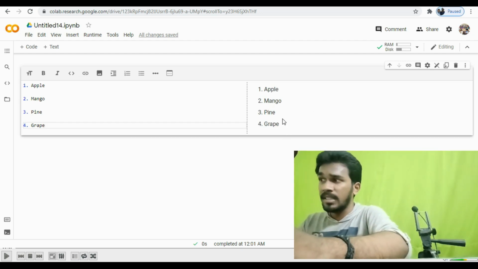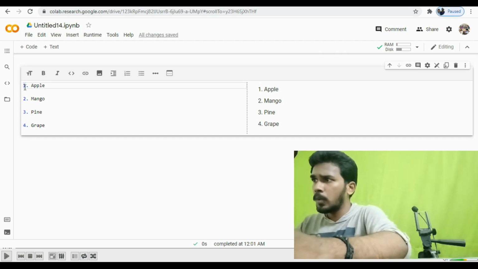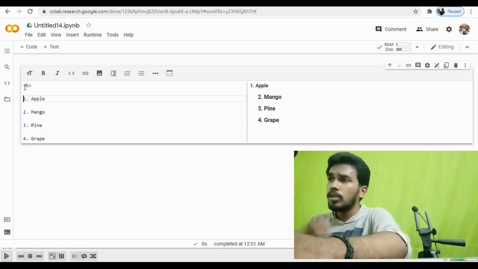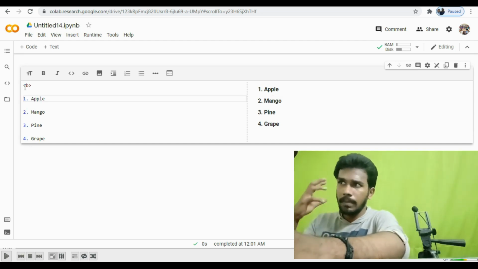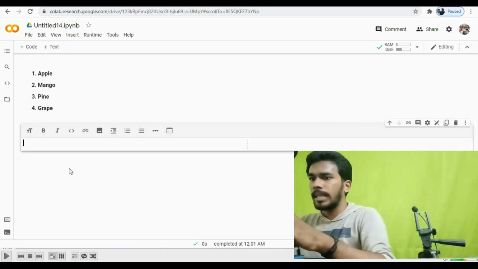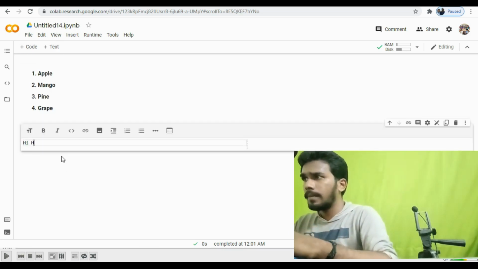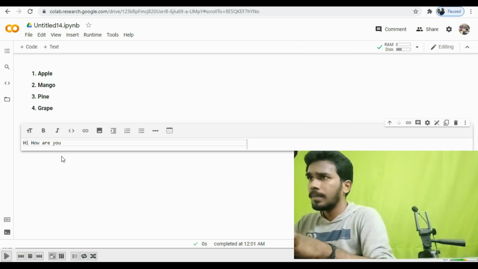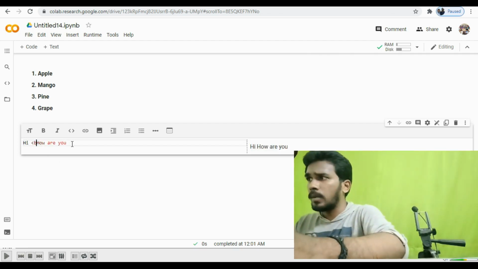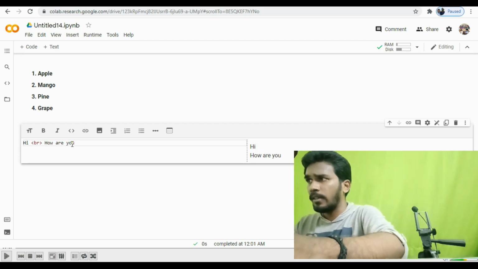Actually, I have done this in a code. I'm copying this. Let me delete this code and put one text box here. I'm pasting it. So this is a way you can implement in a sequential way. If you want everything to be in a bold statement, then give this command, tap enter, again tap enter to adjust the alignment.